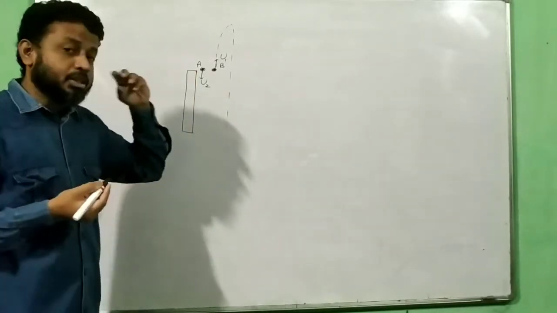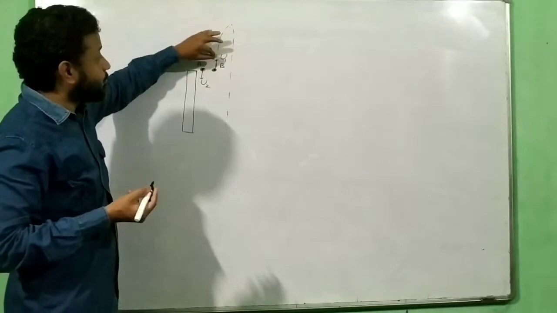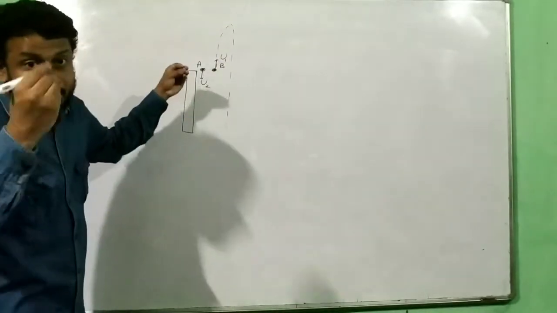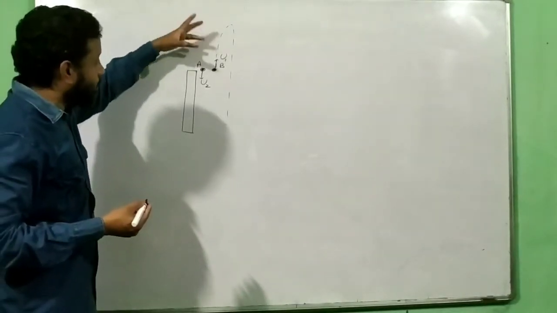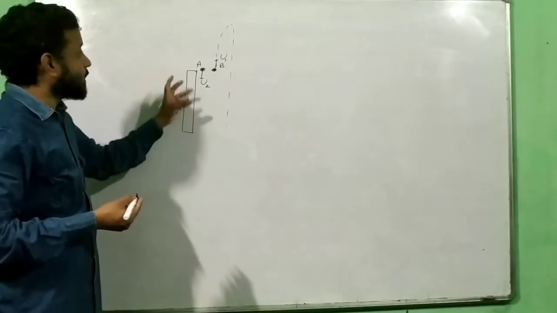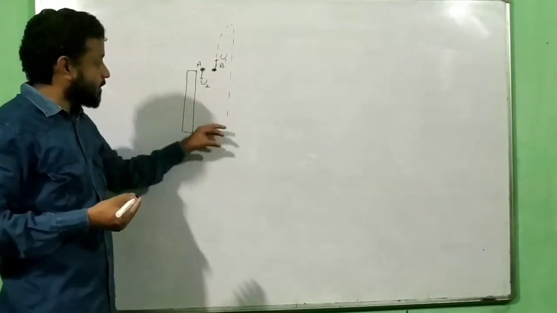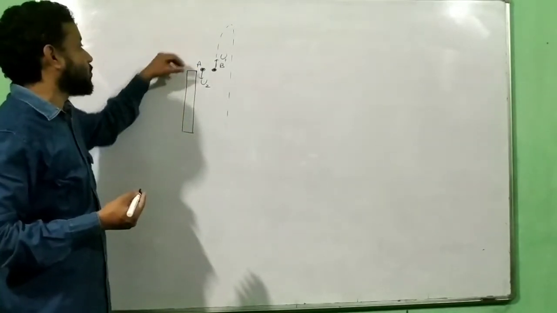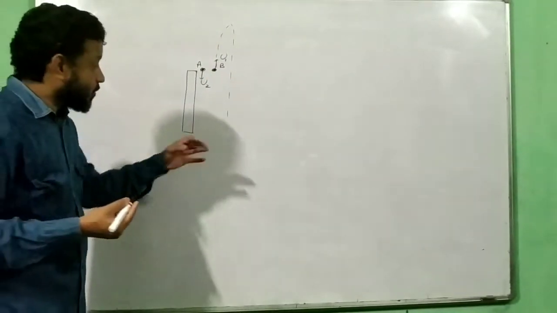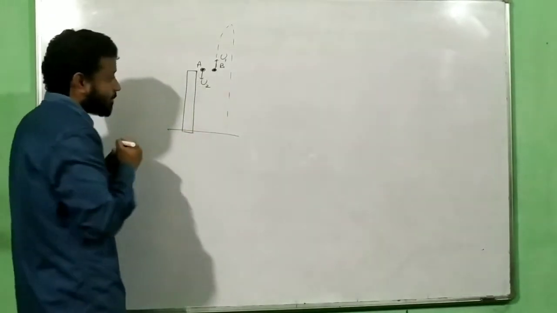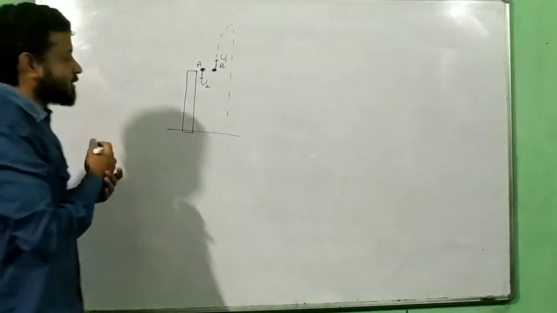Now the question will put a condition to you. The condition is this, that B is thrown first. After some time, that time might be given to you, 2 seconds, 1 second, A is thrown down, and then they will put some condition that both will reach simultaneously, or what should be the height so that both will reach simultaneously, or height will be given to you. They may ask you what should be the time delay so that both will reach the ground simultaneously. So the whole idea is, yes, they are going to reach the ground simultaneously, or they may ask you what is the separation between them in mid-air. All those things you can ask.